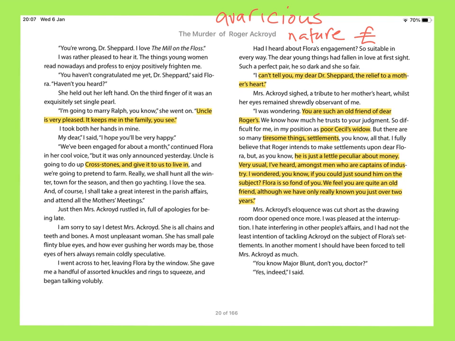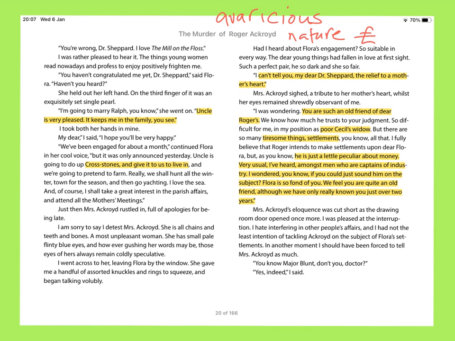As we'll later learn, there's not reciprocal or mutual affection in this sham relationship between Ralph Patten and Flora Ackroyd. Ralph's heart lies with another, as you see later on, but there is this idea of the depravity of people in this supposedly civilised society when it comes to the matter of getting their hands on money and wealth. So money, the root of all evil, as the proverb goes. This is absolutely something which rots away at these characters and their greedy nature.